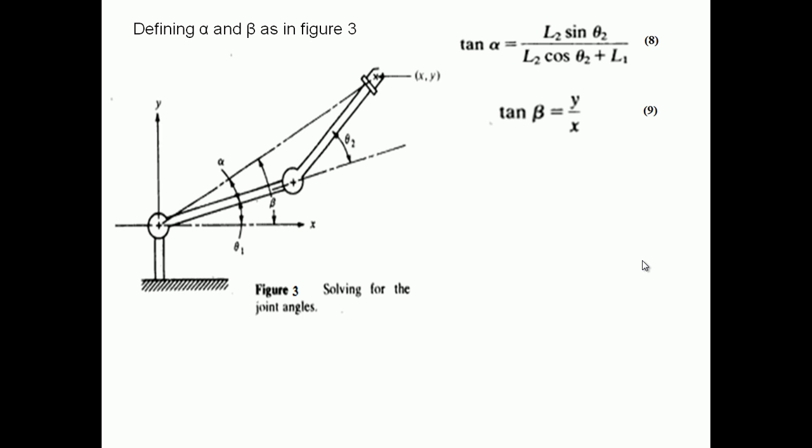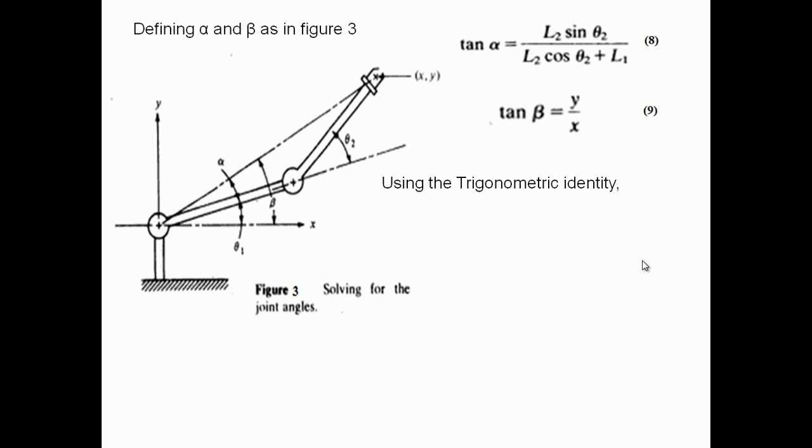And beta, you know, is the entire angle, which is nothing but opposite by adjacent, so y by x. The entire length along the y axis is y, and the entire length along the x axis is x. So tan beta is y by x. So based on 8 and 9,